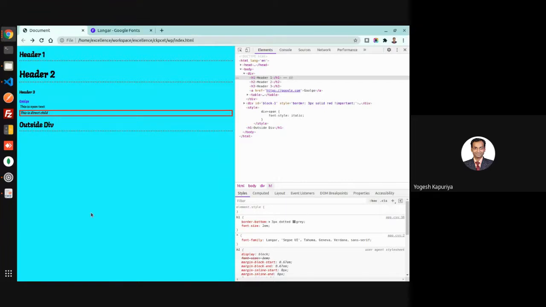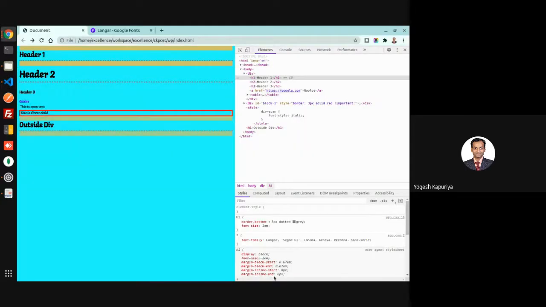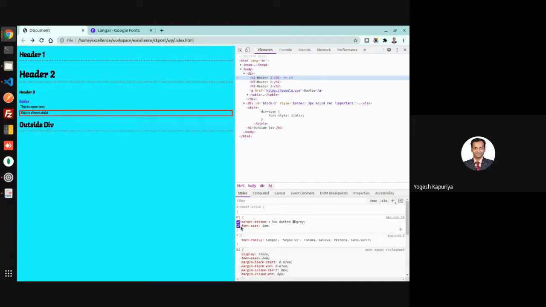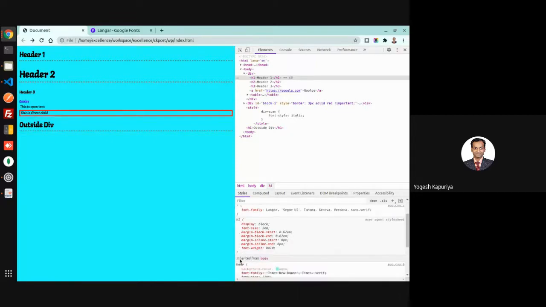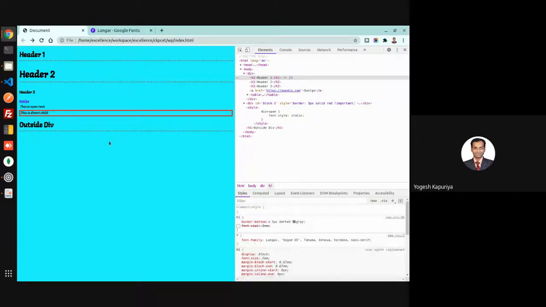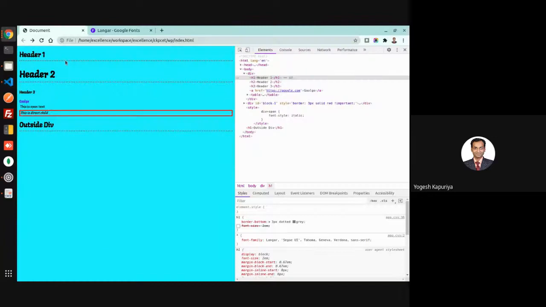So this is another unit which is REM. If you see the size of this H1, the font size is 2EM. Actually, by default it's also 2EM. So let us change it to 3EM.